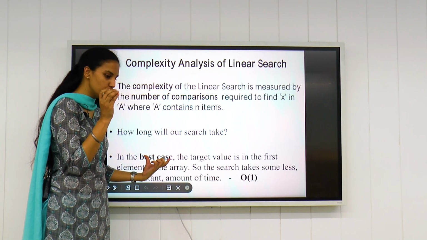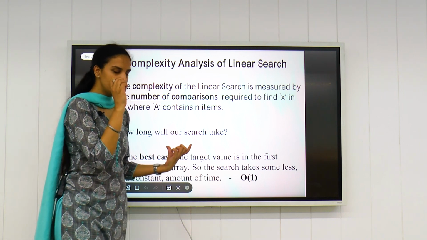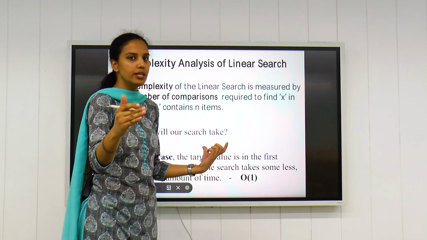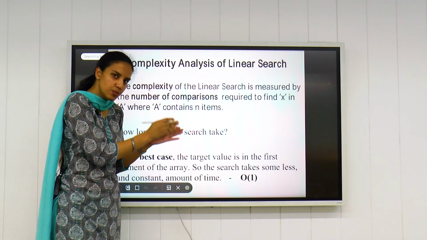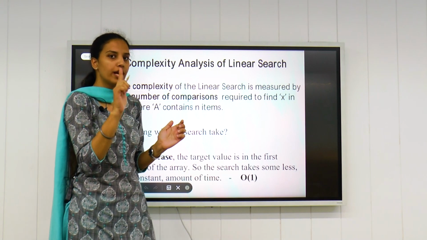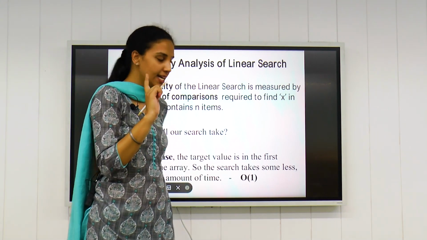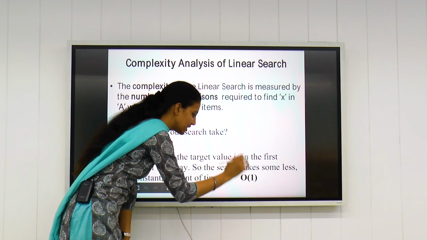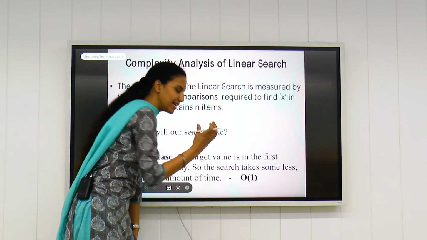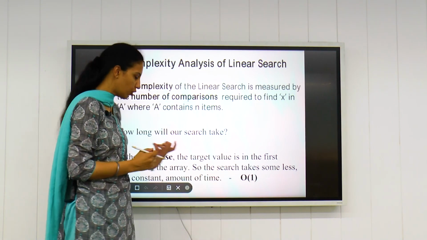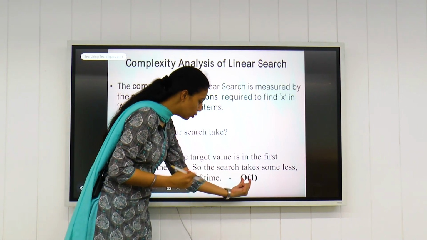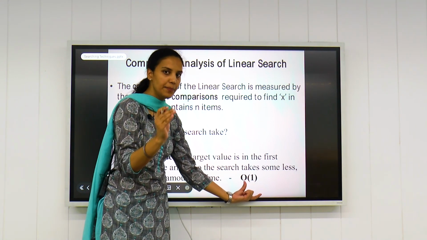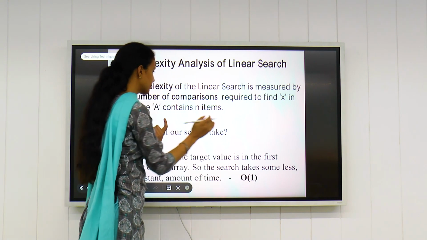Best case is, suppose we want to search an element and that specific element is at the first position itself. So we need not check the whole list. Our output is at the first position, which means we need to run our program only once. That is the best case, and for that, time complexity comes out to be O(1). This is how complexity is represented in the program. So for the best case, complexity is big O(1), since we need to run the program only once, that is, our element is at the first position.